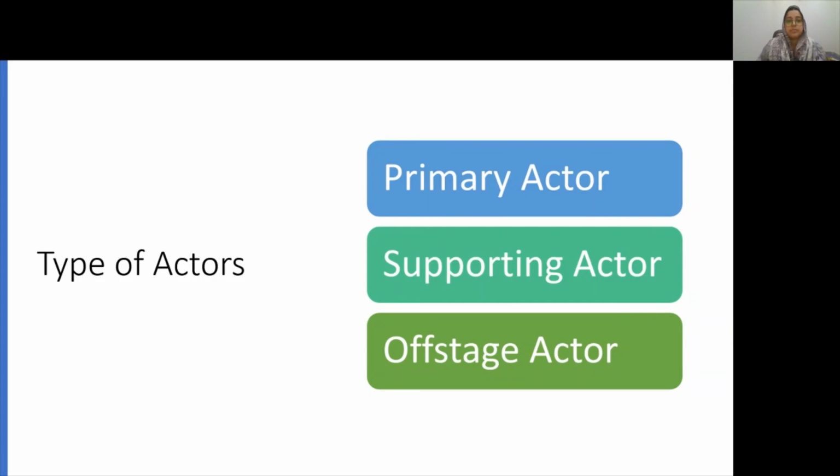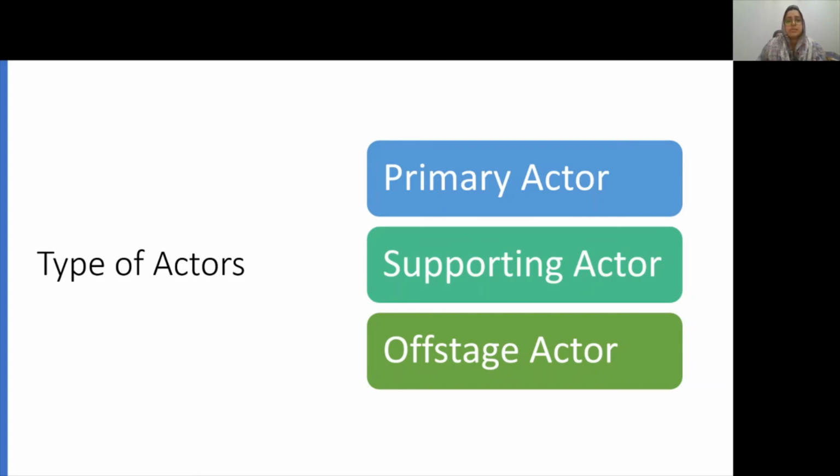Supporting actor. A supporting actor provides a service to the system under discussion. The automated payment authorization service is an example of a supporting actor in the POS system. The supporting actor is not fulfilling any goal by using the system, but it is providing a facility or a feature with which the system is fulfilling its own feature or a particular goal. Mostly, the supporting actor will be a computer system, but it could be an organization or an individual person as well. Last one, offstage actor.